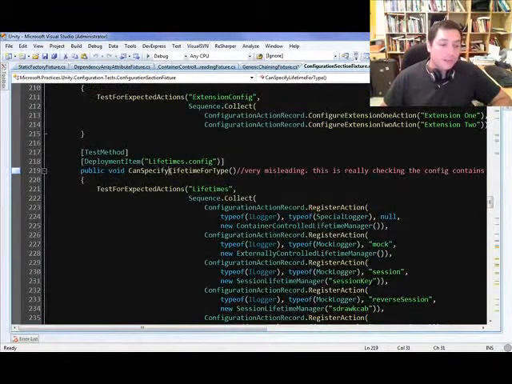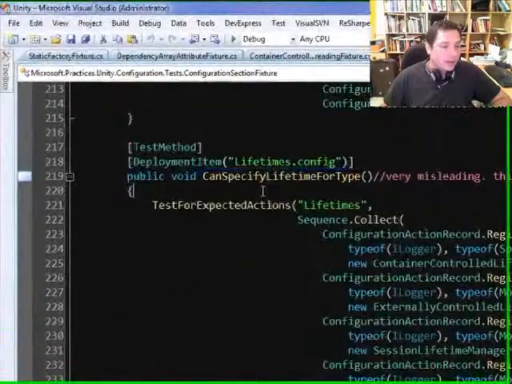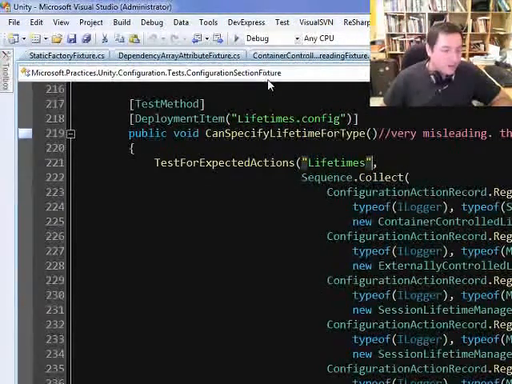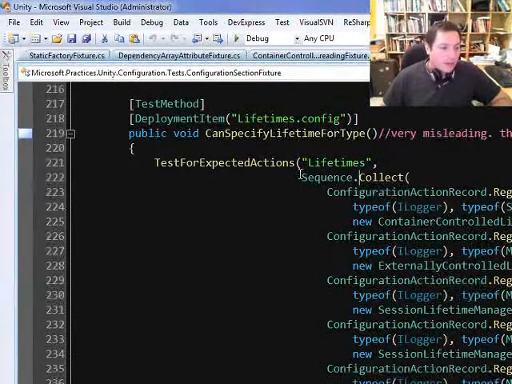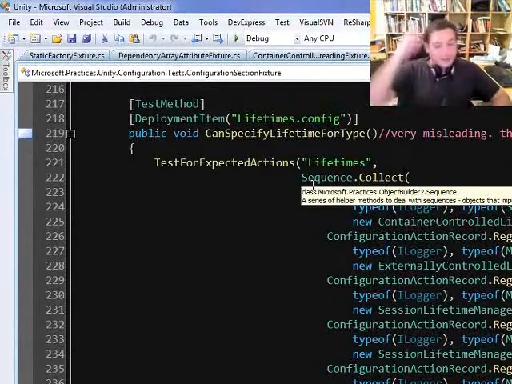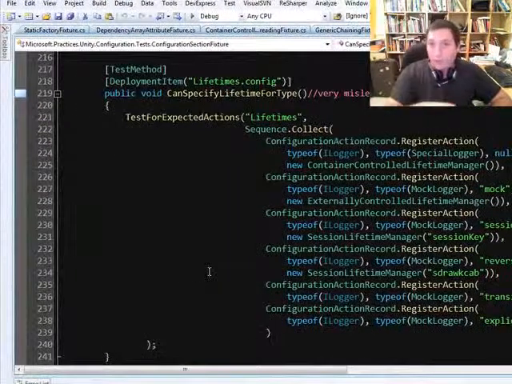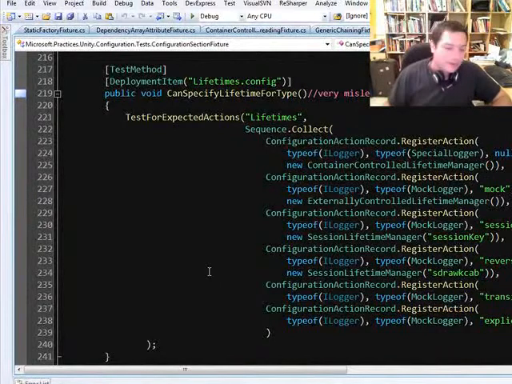This is a test that's very misleading because of the name. Can specify lifetime for type, and then you have a helper method called test for expected actions under lifetimes. Now this is under the configuration section, and this is actually, I'll explain it. I'll show you the code, and if you can figure out what this does, I'll salute you. Someone wrote this, so they're saying, yeah, I got it, but